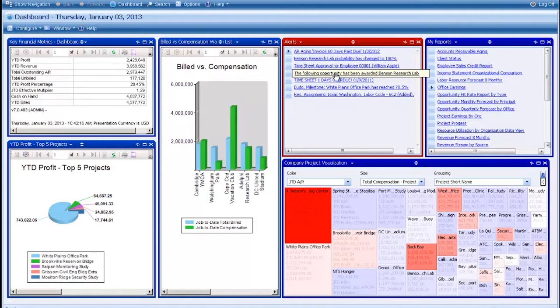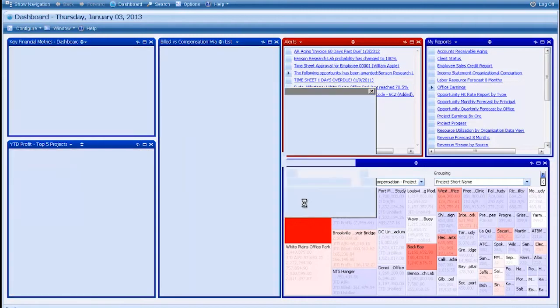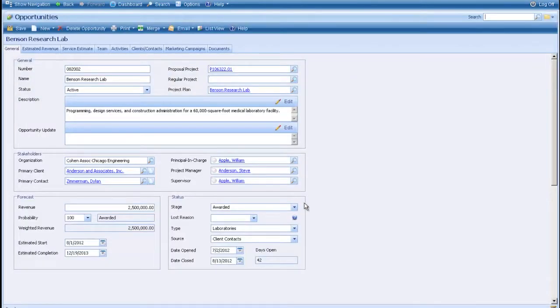This opportunity has been awarded, so I'm going to go ahead and click on that, and that'll take me to the opportunity record that's been awarded. Now an opportunity in Vision is that potential future revenue. It's that job that's down the street that we've been chasing, or some building that we know is going up,